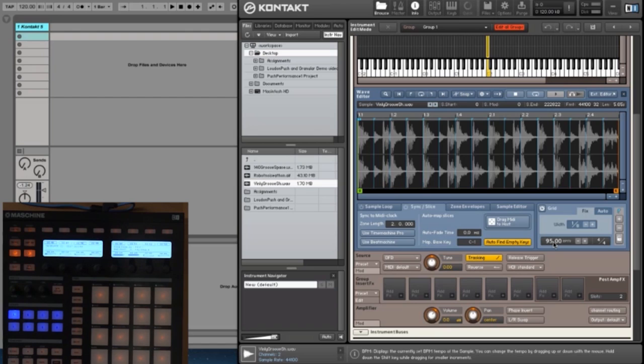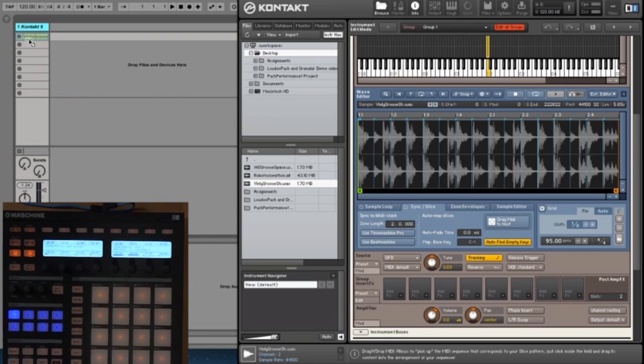Now, this confused me when I first started using Kontakt: how do you make the slicing happen? It's actually this drag MIDI to host button that causes the slicing to happen. So you want to make sure everything's set correctly. Then you click on that and drag and drop it into your host DAW. You just drag it onto a track, typically the track that was being routed to Kontakt so it could play back that audio file correctly. And that's what I'm going to do. I'm going to hold on that, drag it over, and drop it in a clip